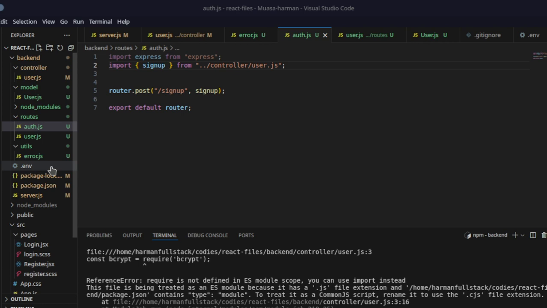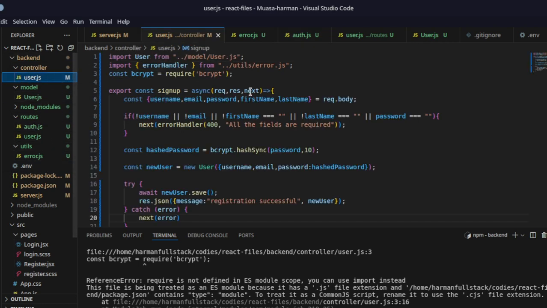Man, this sometimes can be annoying. So you see, we imported the CommonJS. We were supposed to import the ECMAScript format. So import